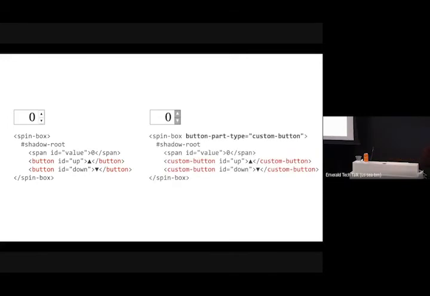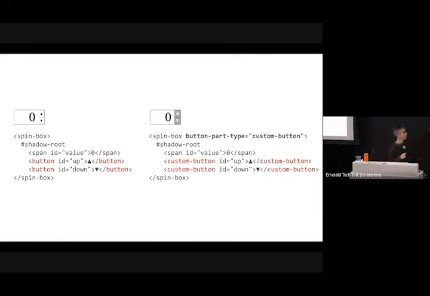So we can expose that type, the type used at that spot in the DOM as a property and let someone set it. So if they pass in, hey, I want to use custom dash button for that button part, we will change the DOM and replace the standard vanilla plain HTML button with a custom button. We'll keep the same IDs, we'll keep the same content, everything else will be the same, but the type of the element will change. So we've sort of transmuted the plain button into a custom one. And we can even